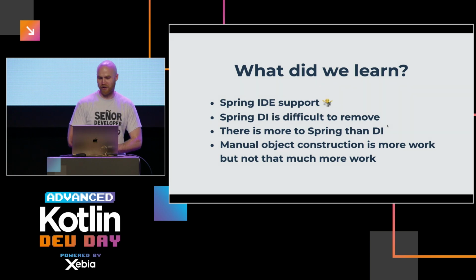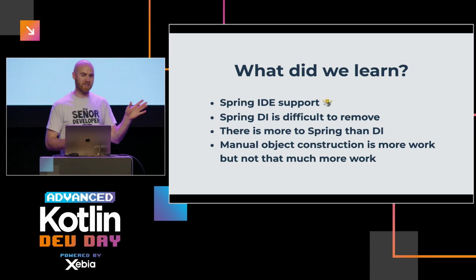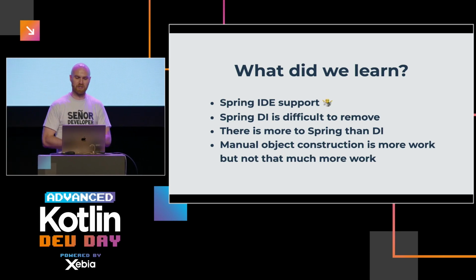And what did we learn? I was a bit surprised that Spring IDE support didn't navigate me to the right places. I thought it would be good after all these years. Then I also expected that Spring dependency injection would be easier to remove. Initially, when I looked at Spring, it was Java, and Spring was this XML config, which is supposed to live outside, and it doesn't affect your code. You can use it, or you don't have to if you don't want to. It turns out it's a bit of a trap.